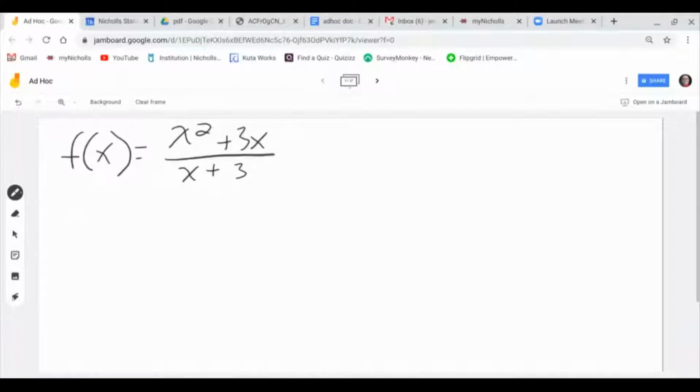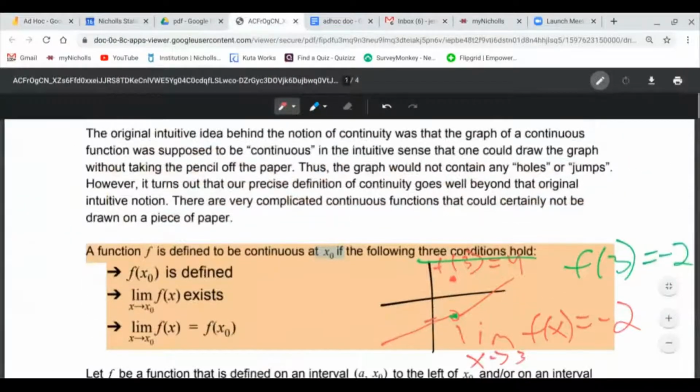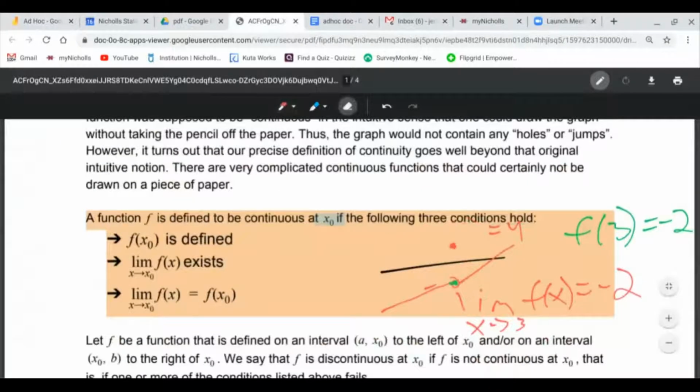All right, here we're going to look at some functions and try to figure out where they are discontinuous and what type of discontinuity it is, whether it's removable, jump, or infinite. So the first thing we need to remember is what are the things that tell us if a function is discontinuous. And so if we go back to our notes, which I haven't cleared from my last video, there's three